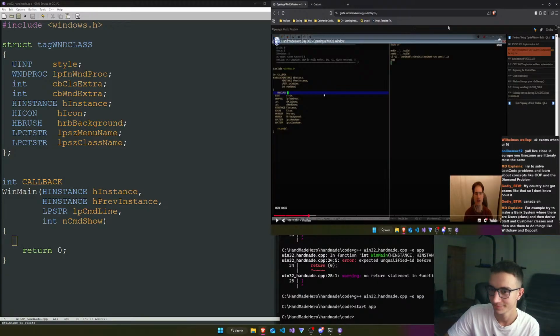is essentially just the parameters to a function